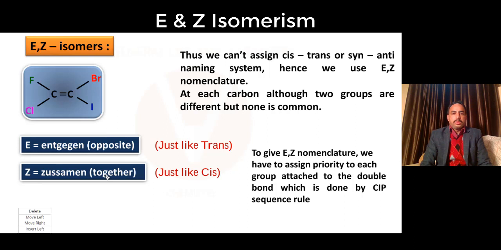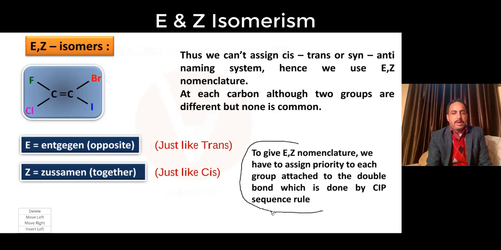To assign E and Z isomerism, first the main part is that we have to assign priority to each group attached to the double bond